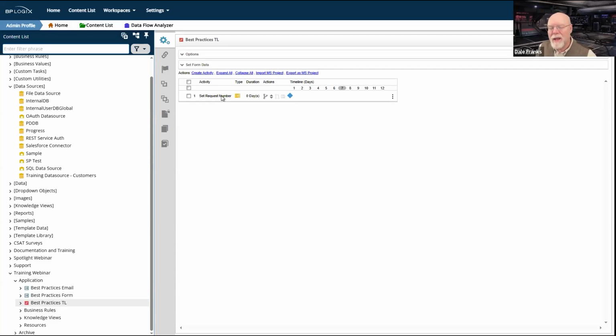The thing is, if the user does not submit the form, they close the form or what have you, there's no hook in the system's life cycle that I can use to say, okay, well, set the request number because I know that this form event is only going to fire when the form is actually submitted. That just doesn't exist.